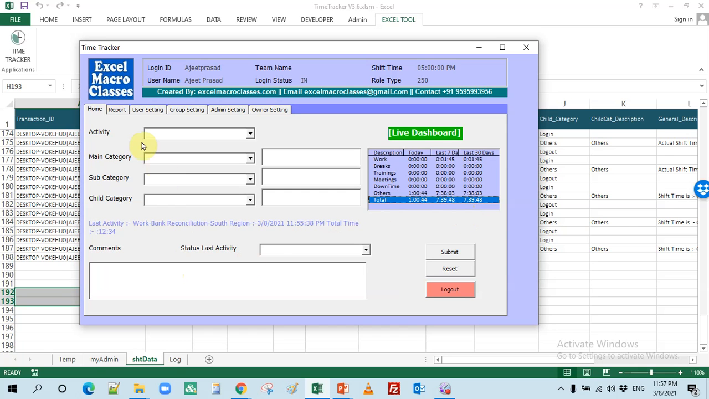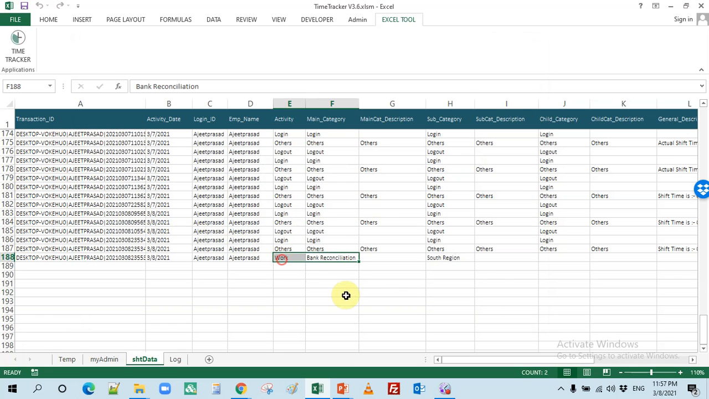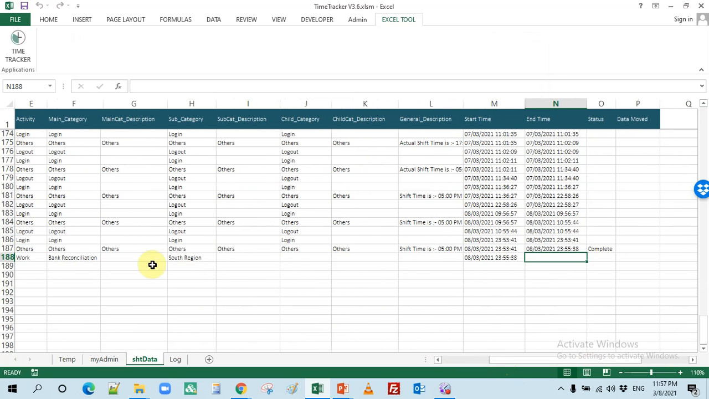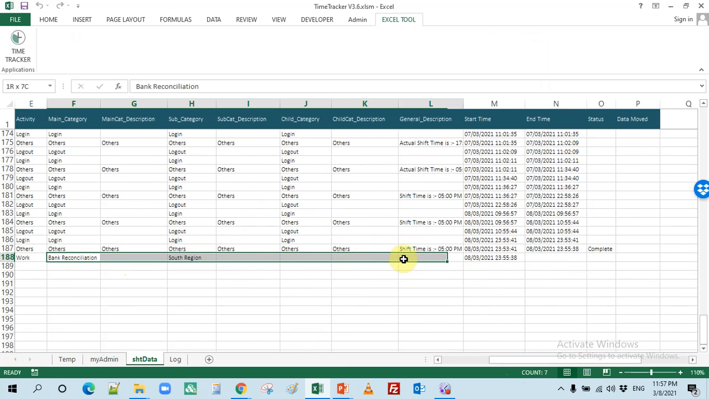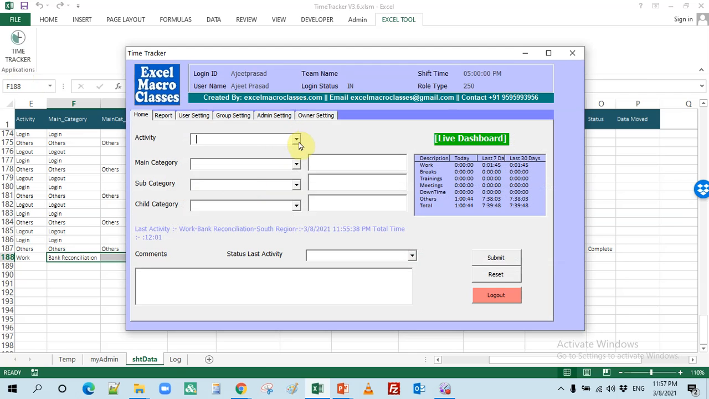Whenever we start an activity and want to close it, the status is shown here. Suppose I'm working on bank reconciliation and it has started here, my closing time is still pending. If you are in the middle of this and want to stop working on this particular process and jump to some other activity, you can simply go and select